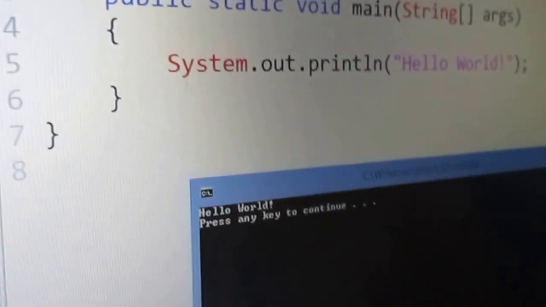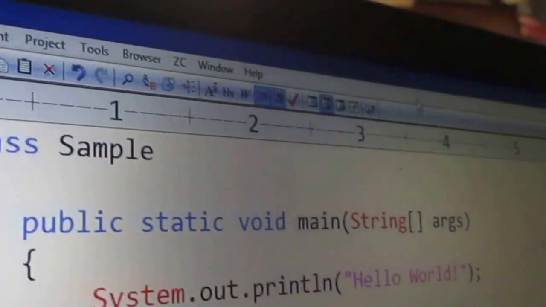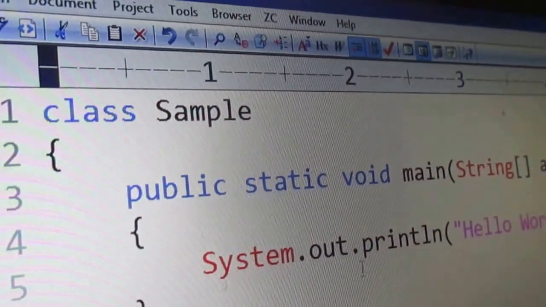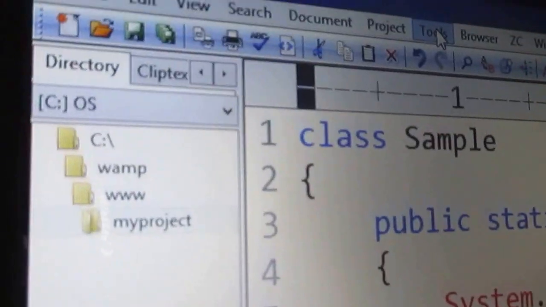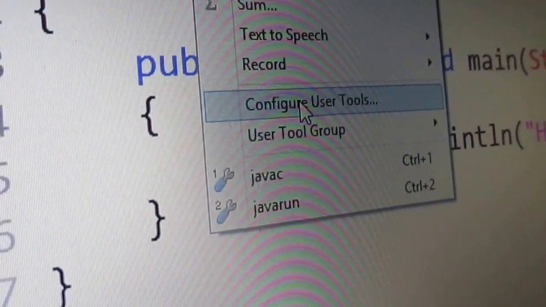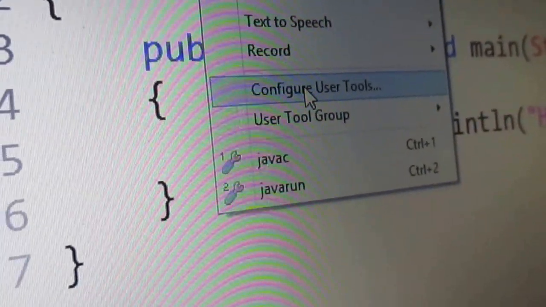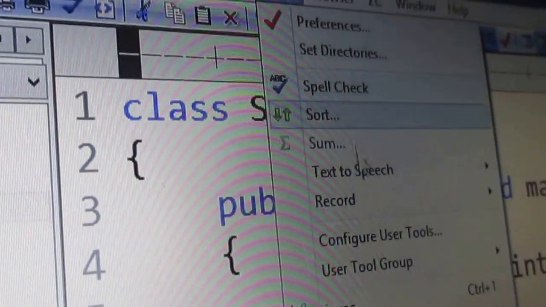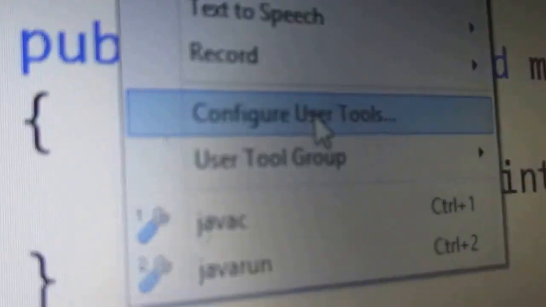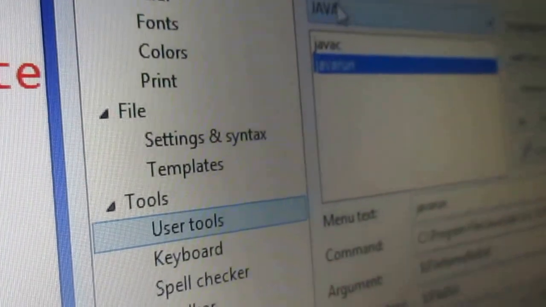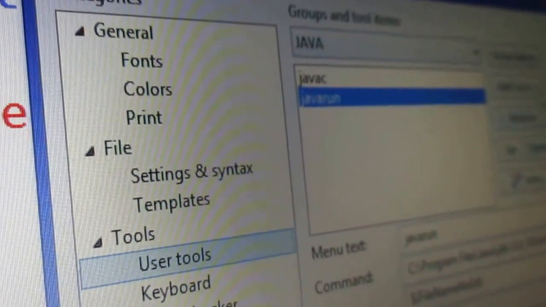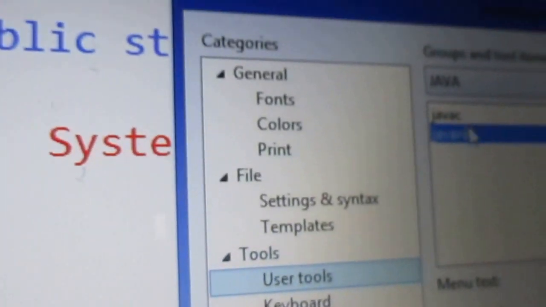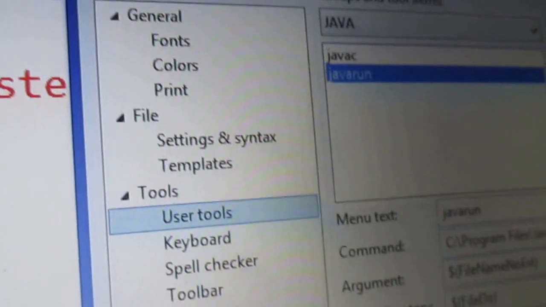In this manner we can run Java programs inside the EditPlus editor, and configure our compilation and execution commands. Go to Tools, Configure User Tools, assign the group name, add tools inside it, and set the path.